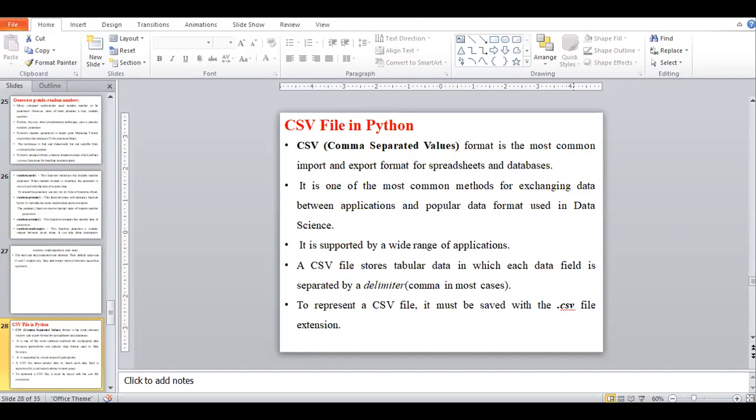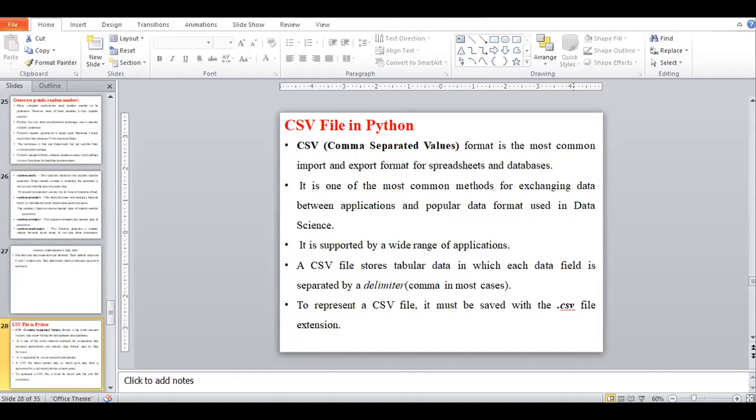This format is the most common and important for exports from a spreadsheet or a database. It is one of the most common methods for exchanging data between applications and a popular data format used in data science. Suppose we want to attach the data of thousands of students in a single program.